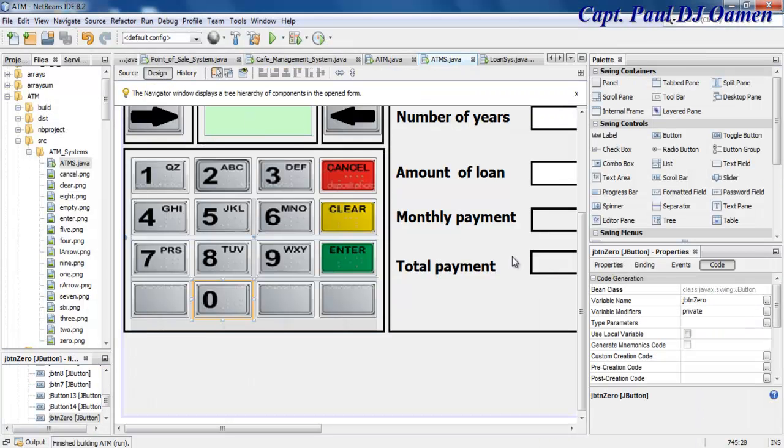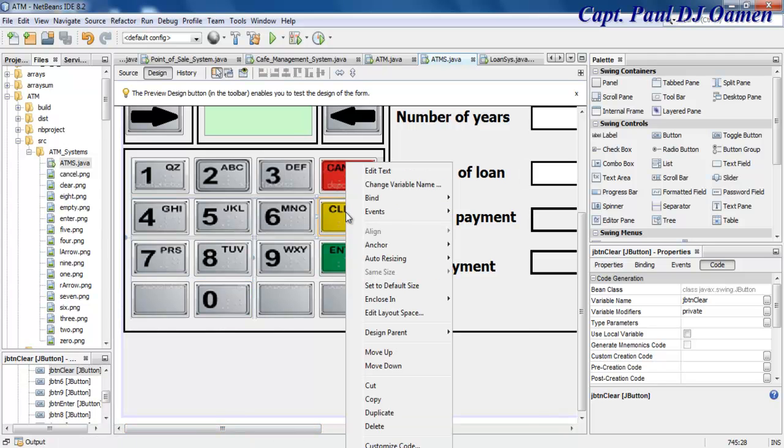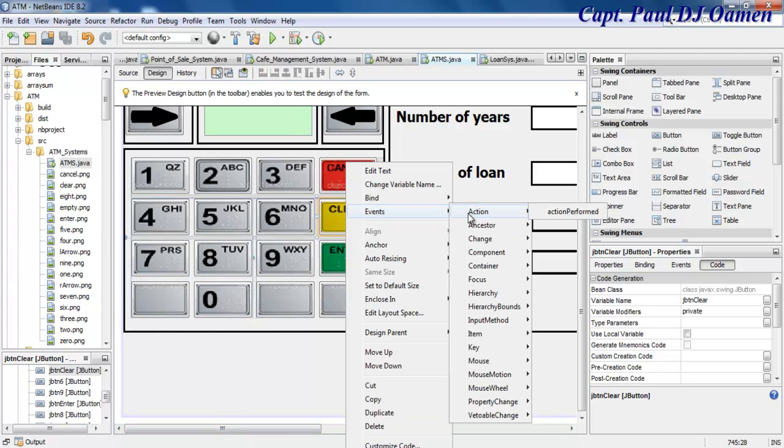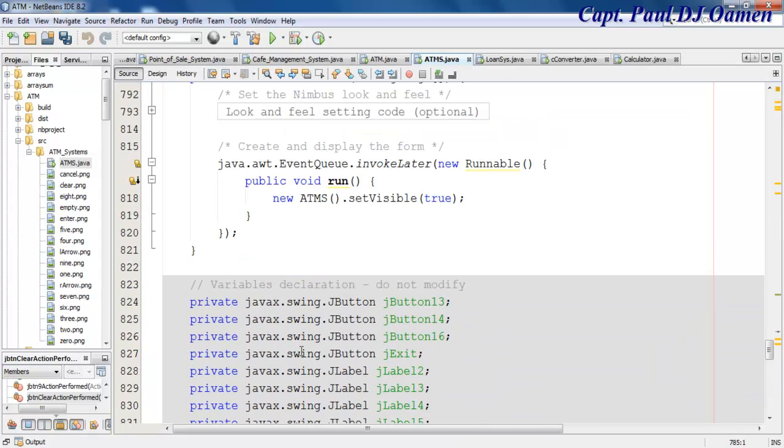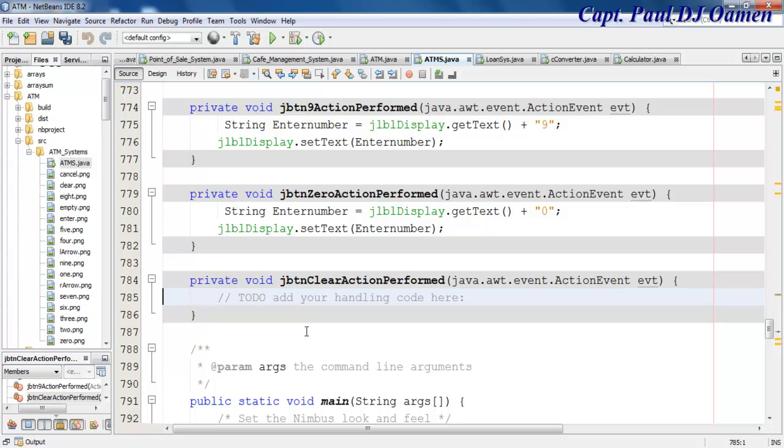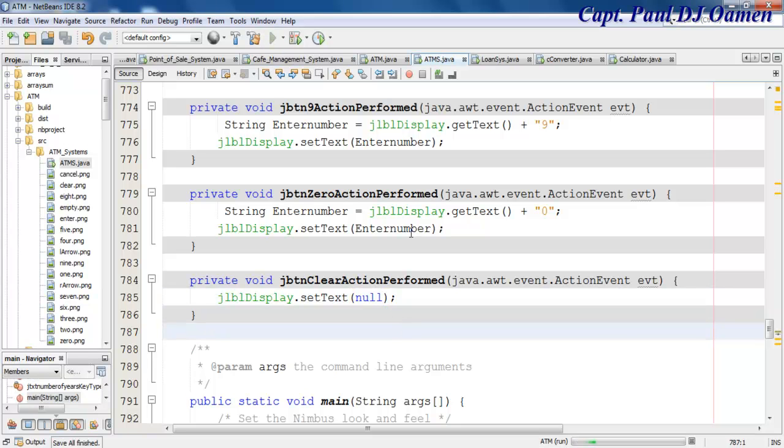Now let's right click on that and select action perform. Action perform for that will be, that is clear, so all we need it to do is clear the text box. So I'm going to copy that and paste that right in there. So we enter nothing there. That is it. So if I run it,